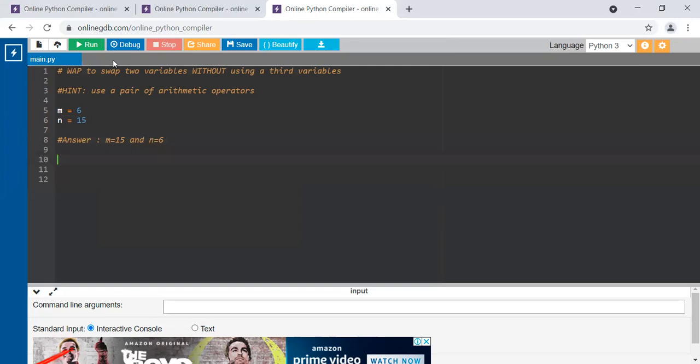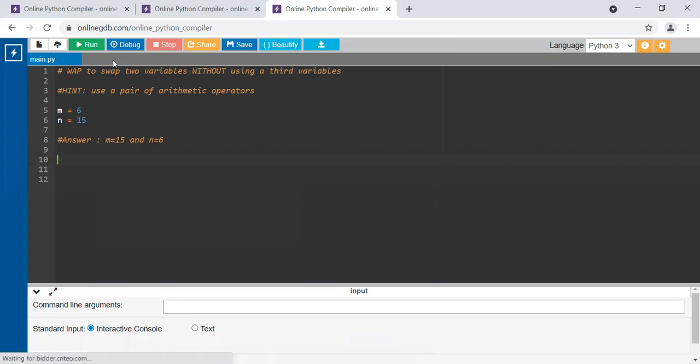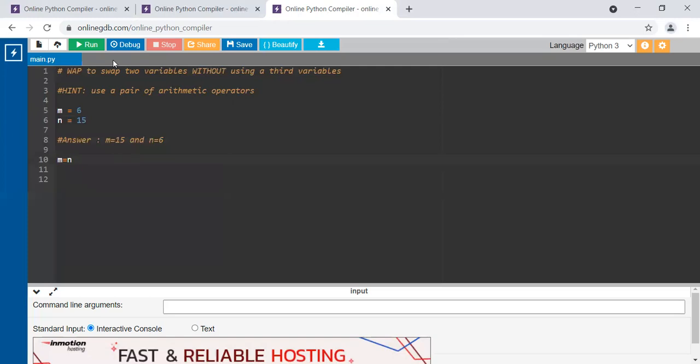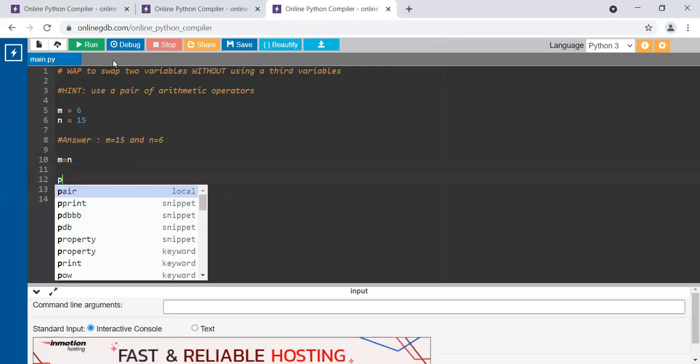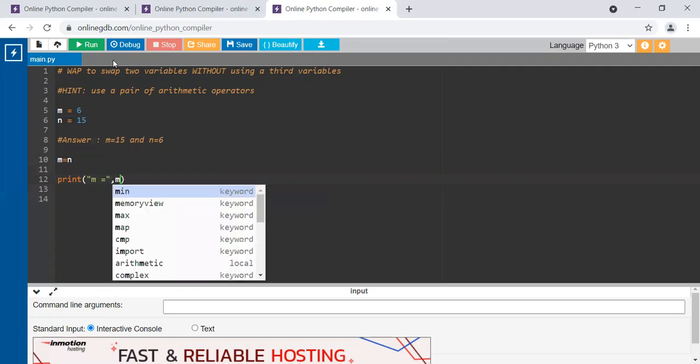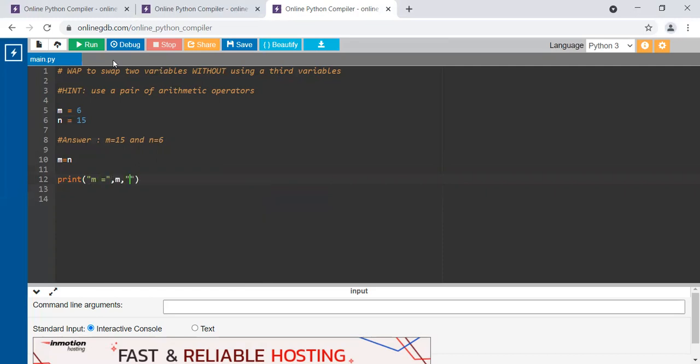Now, if we are not going to use another variable, what exactly are we going to do? I cannot simply write m equals to n. If I do so, the value of variable m and the value of variable n will be the same. You can check that by printing both the values. So let's print the value of m followed by the value of n.